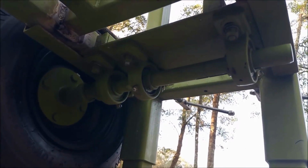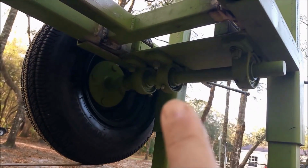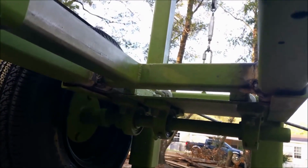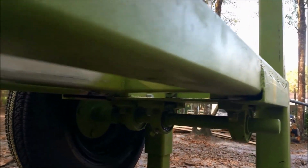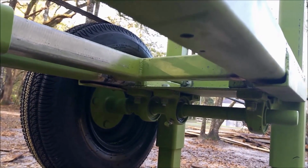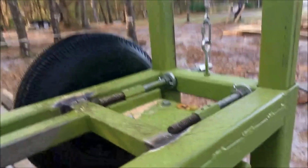I was having issues with my axle breaking, so this middle bearing right here was added to support that. Basically the plate here that everything's attached to slides inside of these angle iron grooves that I've welded in, and that plate slides freely side to side, front and back. It's a snug fit, but it's loose enough for that plate to slide around. On the top side of that,